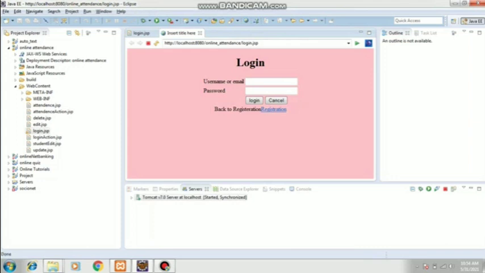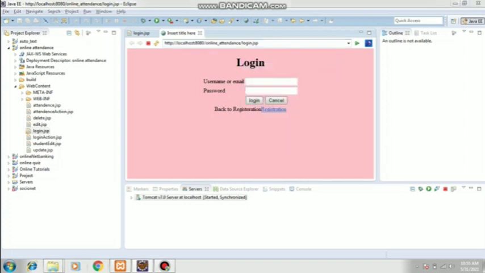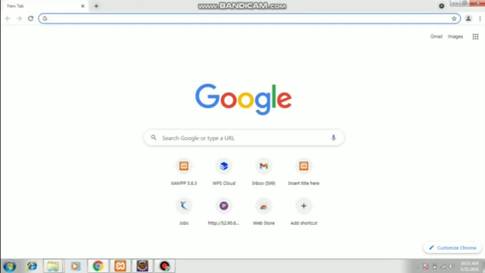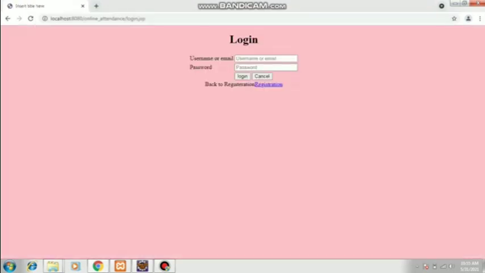So you will get one page which has been basically designed, actually it has not yet been customized, just a basic kind of design I have made. You can find the URL over there, copy the URL and go to Google Chrome. Don't use any other browsers. Go to Google Chrome, paste it onto the URL bar above, click on enter. Now you can find the login page, correct?